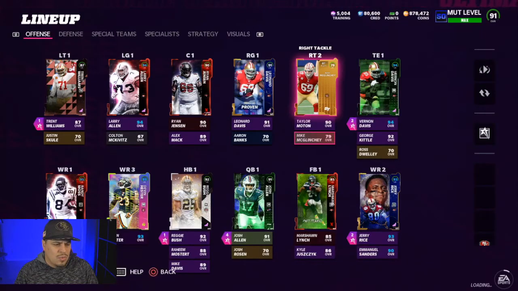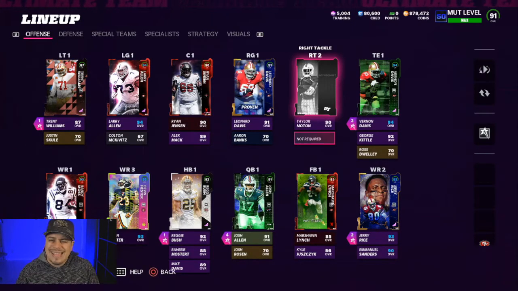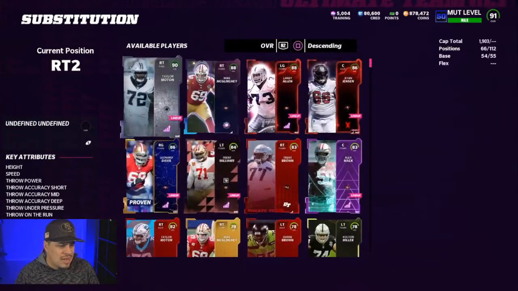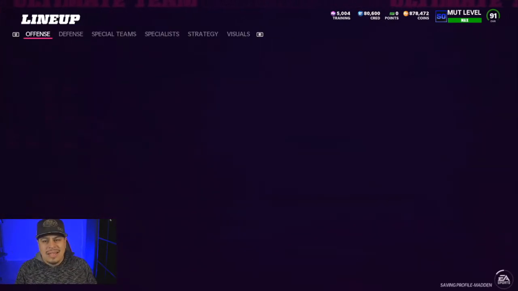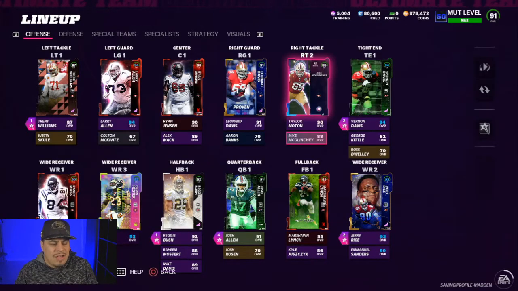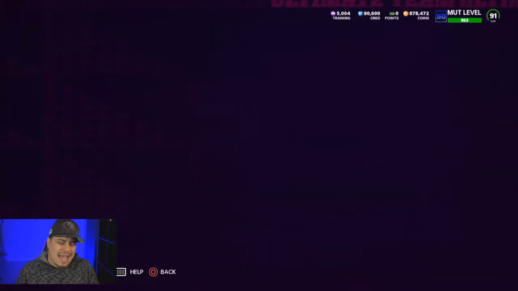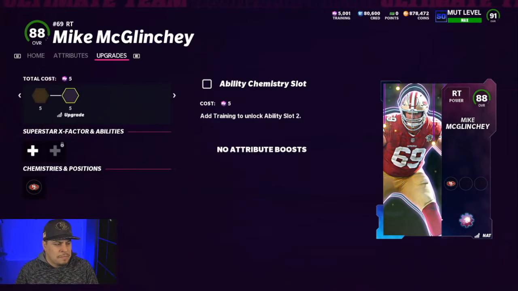Now, I don't know if the ability will trump his stat, but one of the stats that scares me about this card in particular, I'm gonna show you right now. We're gonna add him to the team. His pass block is super low. So I feel like for the sake of the Niners squad, you can add him and let's see what abilities he gets. Because if we can power him up to an 89